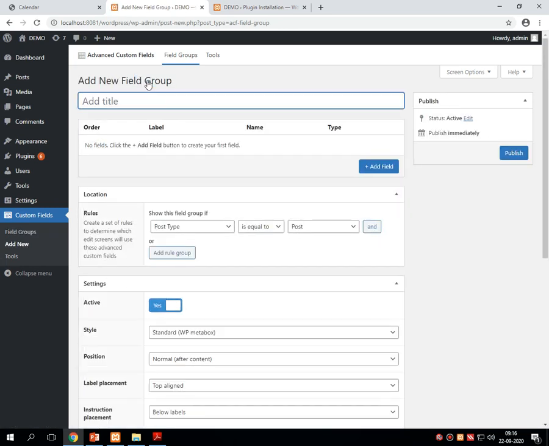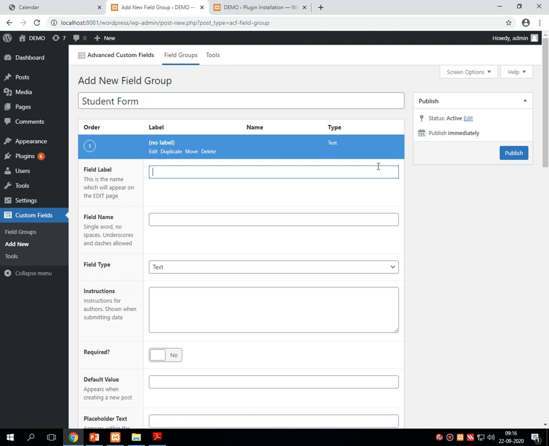Give the name of the custom field group, say for example, student form. I am just giving this name. After giving the student form name of your custom field group, then add the relevant fields in this custom field group.